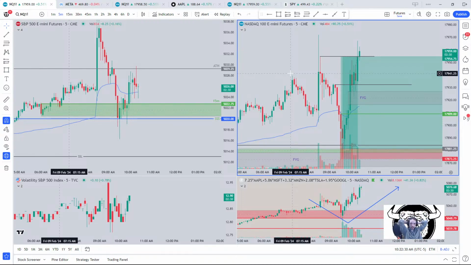AMD's still pushing higher. AMD's at 174. I remember when AMD was at 110. I'll never forget, I was in an Uber in the city, a year or two ago, whenever Meta was at like 90 bucks. Amazon had the stock split, so it was also at like 90-something bucks. I'm in an Uber, the guy's talking, he's like, oh, what do you do for work? Oh, I trade stocks, blah, blah, blah.